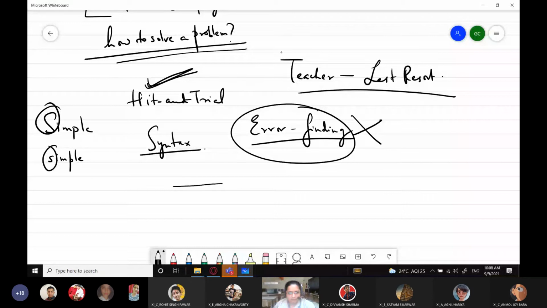Teacher should be your last resort, when you say that I have tried a lot, I have tried everything, and the answer is not coming. I'll give you a simple example. Suppose you are a little bit sick, you start sneezing and you start getting a runny nose, you start feeling uncomfortable. Do you rush to the doctor right on the first day? No. You first think it's a common cold. The symptoms are very common, so I'll first try to take some medicine or try some home remedies to get rid of the cold.